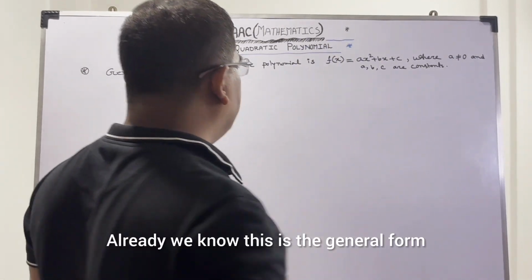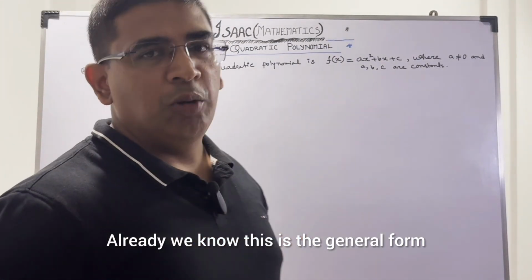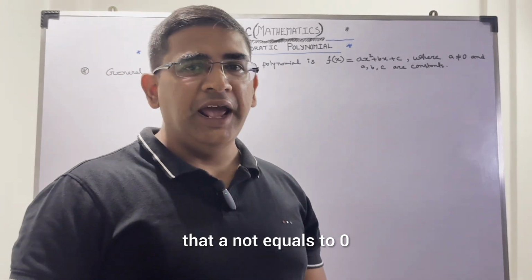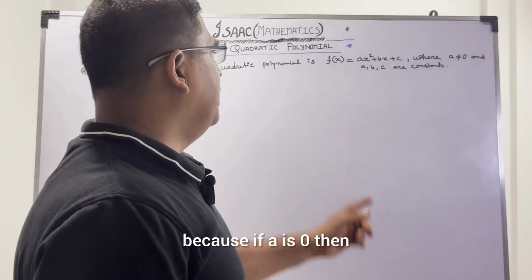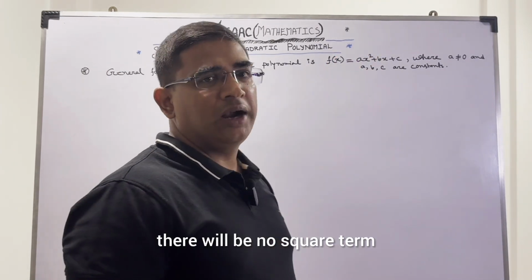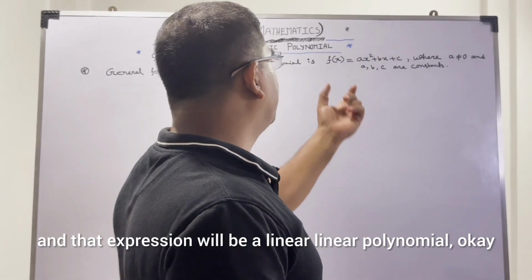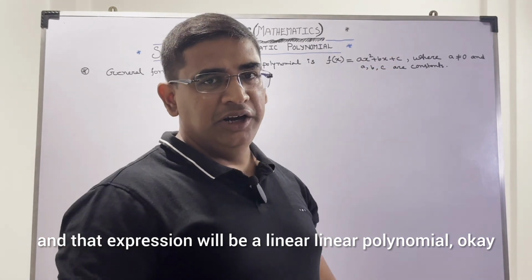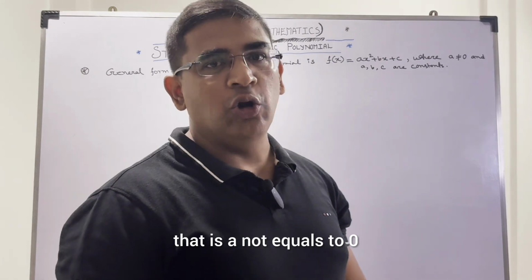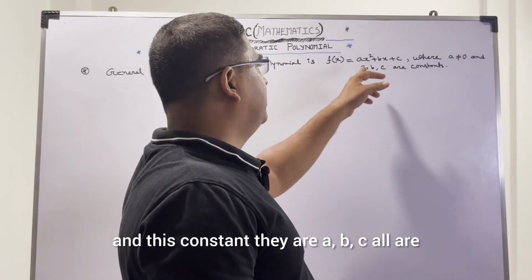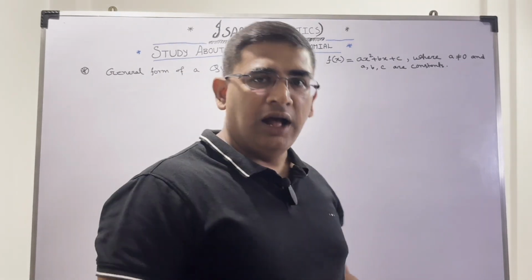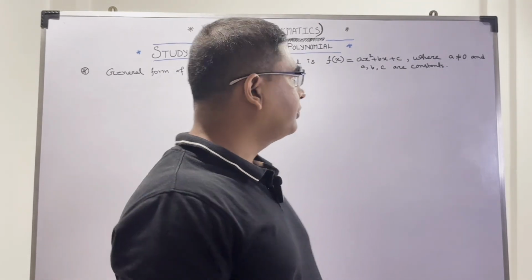Okay, already we know this is the general form of a quadratic polynomial, where the strict condition is that a is not equal to 0, because if a is 0 then there will be no square term and that expression will be a linear polynomial. That is why a not equal to 0 is a strict condition, and a, b, c are all real numbers. Okay, now